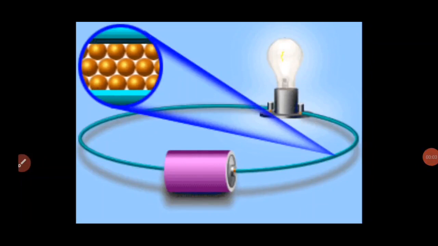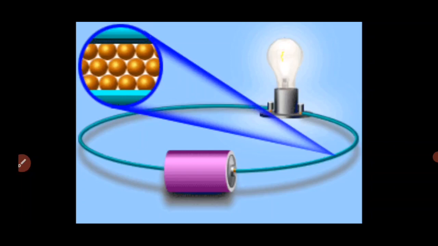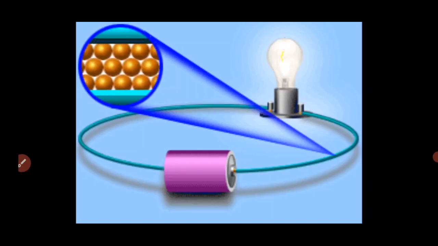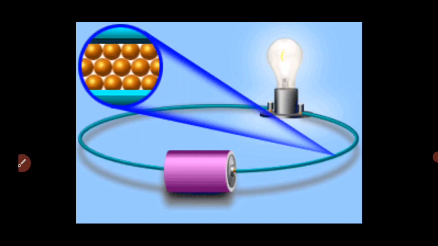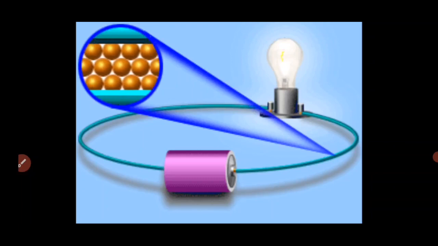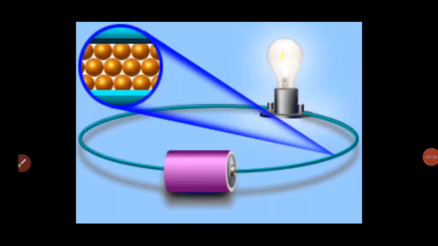Students, here is the animation to show the flow of electrons. The bulb and the battery are connected with the copper wire. Inside the copper wire, the flow of electrons is shown. When we connect some external force, which is nothing but a battery, the electrons will move in a particular direction. So, the motion or the rate of flow of charges in a conductor constitutes electricity or electric current.